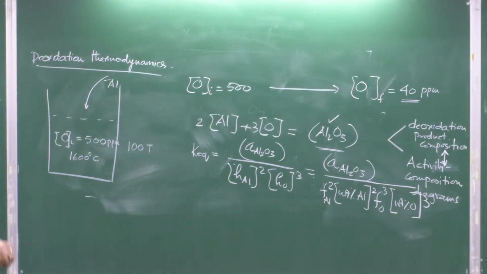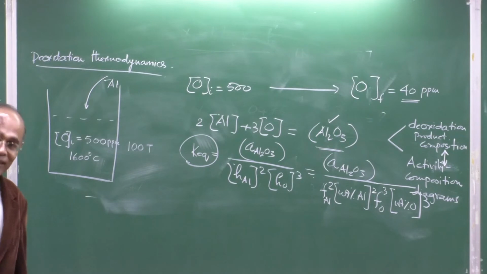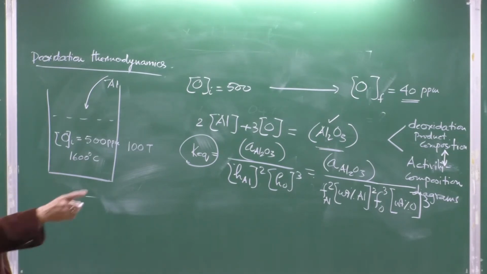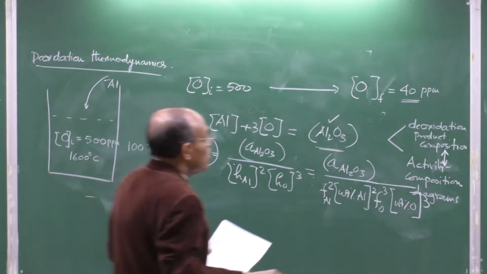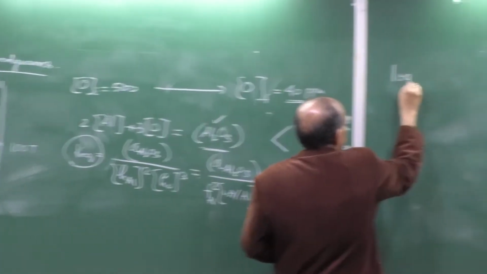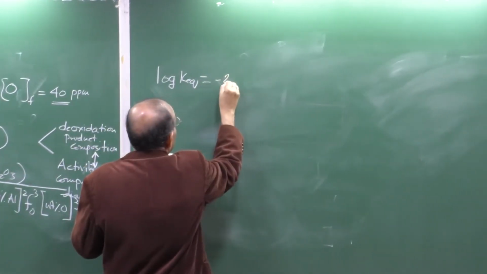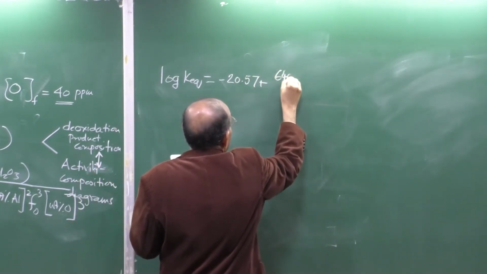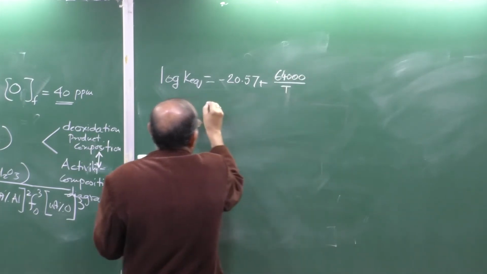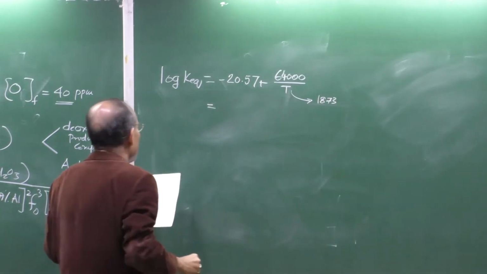And as I have indicated, this equilibrium constant will be given to us either in terms of the delta G naught value, the standard free energy change, or directly as an expression in terms of the temperature. Let us see what the value is. The log K equilibrium for this particular case is given as minus 20.57 plus 64,000 divided by T, and if we substitute T equal to 1873,